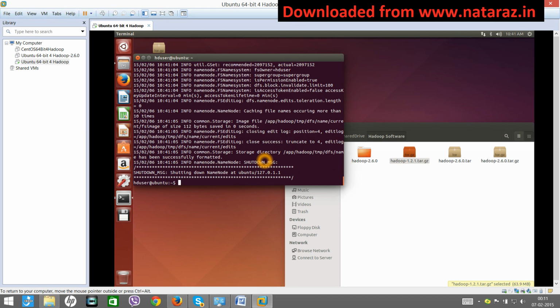If you get a problem like cannot recognize Hadoop command, that means you have to restart your terminal. I have not restarted my terminal, but I wrote something like source space .bashrc, right? So that is the reason it started recognizing the Hadoop command without restarting.